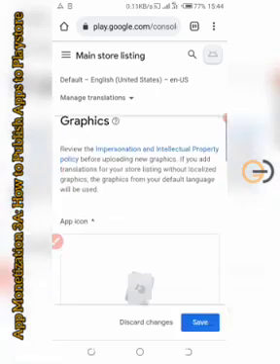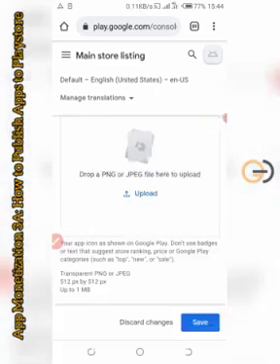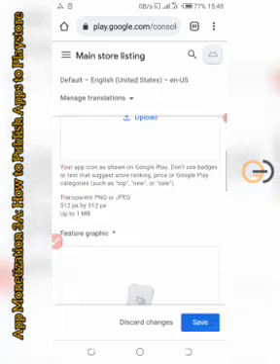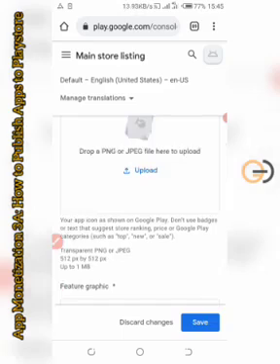Okay, so graphics, app icon. Now they said the app icon size must be 512 pixels by 512 pixels. You know the app icon I use, and you get your app icon also. I've explained that before under the app development. So app icon, if I upload